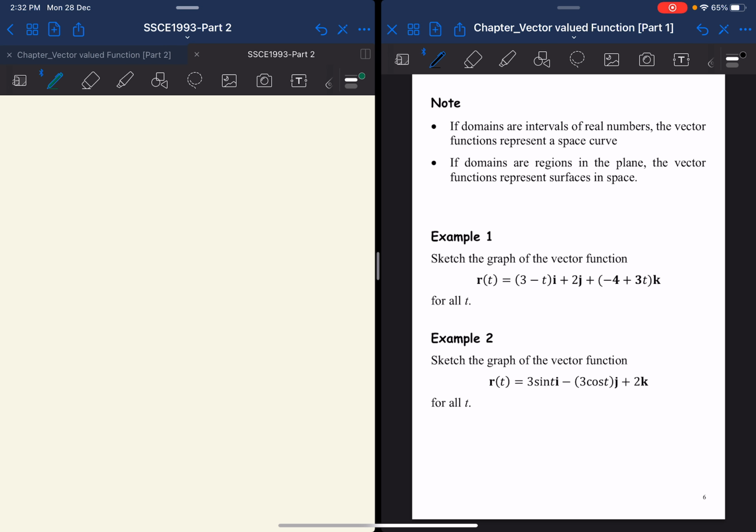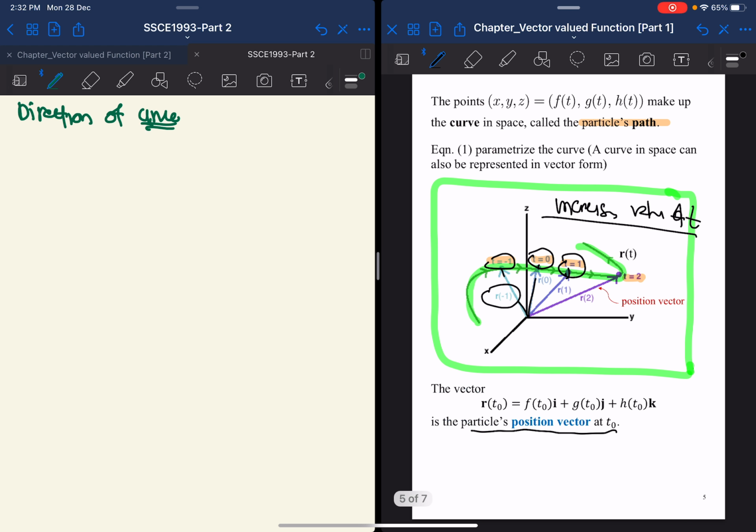I mentioned previously that it is the curve with increasing values of t. So the idea is to choose